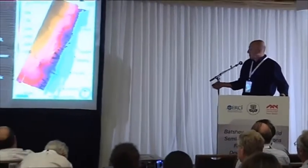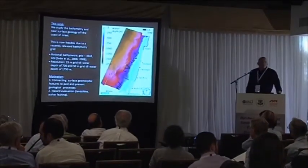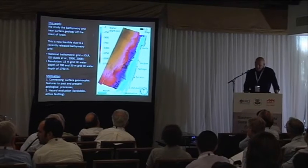Thanks. The work that will be presented here is the master thesis of Einav Reuven, which is supervised by Einat Aharonov and myself. This work is a study of the bathymetry and the near-surface geology of the coast of Israel. The study area is shown in this map, and we are not the first to do it, but the new thing